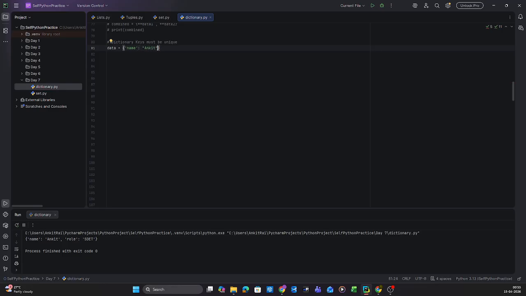Then inside this, another data, I mean key value, name. Again I'm going to use the same key name, but I said dictionary keys must be unique. So let's see what happens if we use the same key and try to print the value